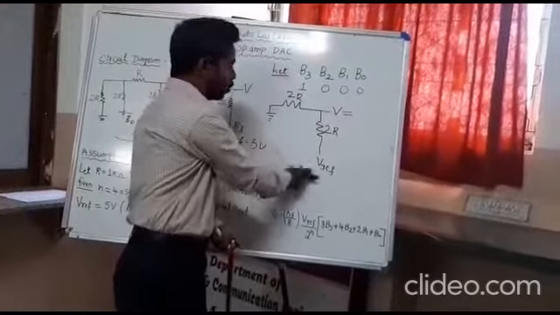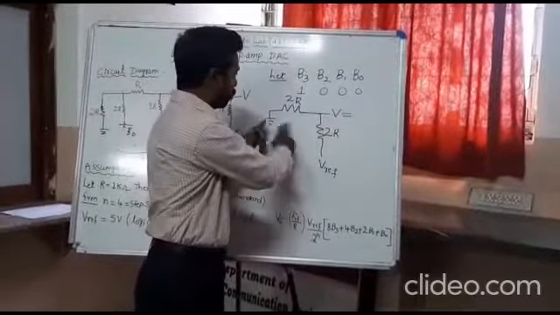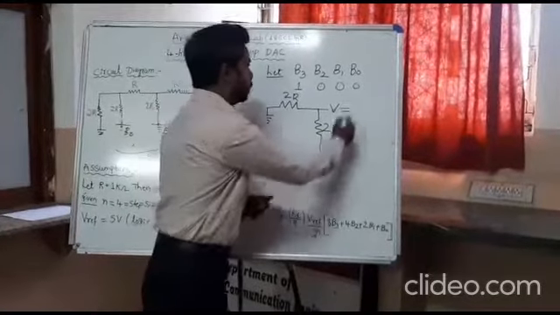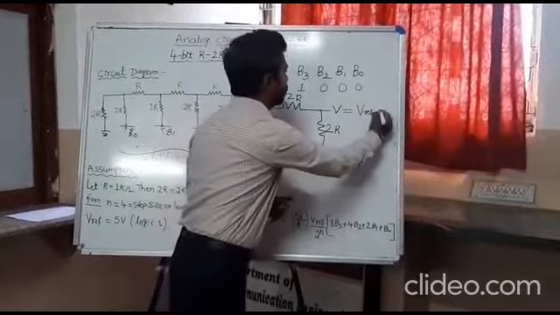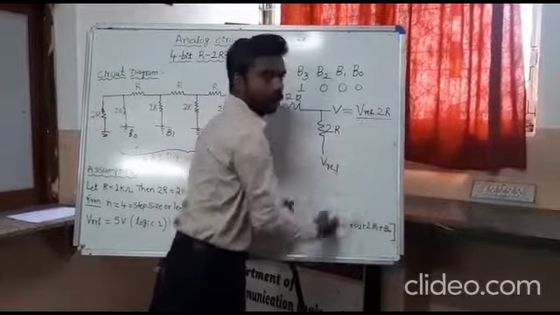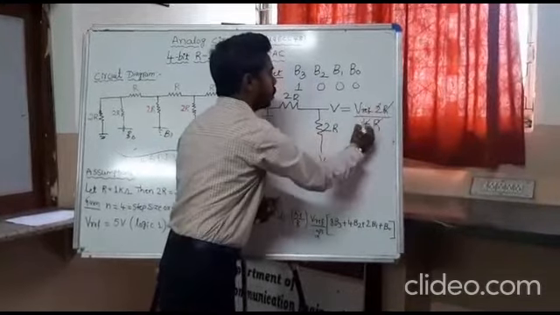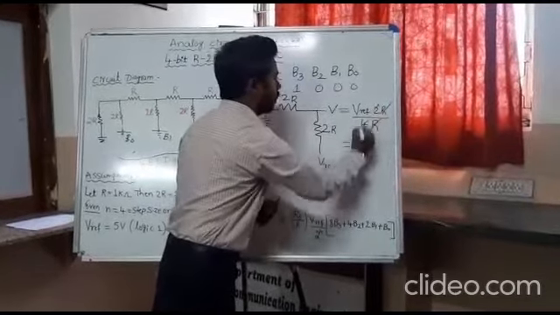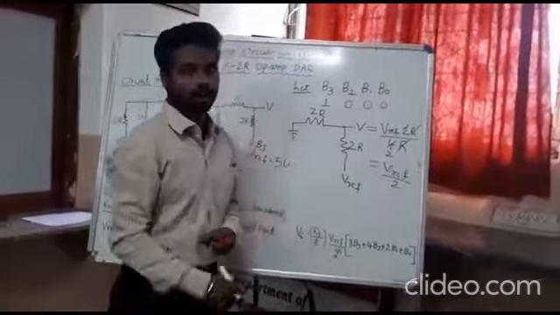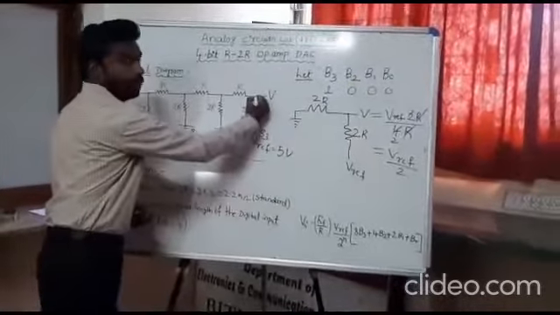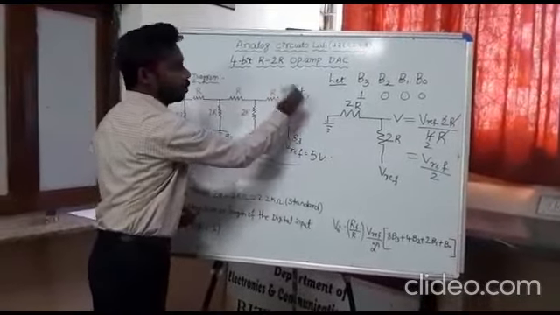Here there are two different values. Here it is connected to ground and here it is connected to V reference. Both are not connected to ground. So V reference times the opposite resistor 2R divided by the total resistance, 2R plus 2R, which is 4R. The R's cancel, 2 to the 4. So V reference divided by 2 is the expected output at this junction.